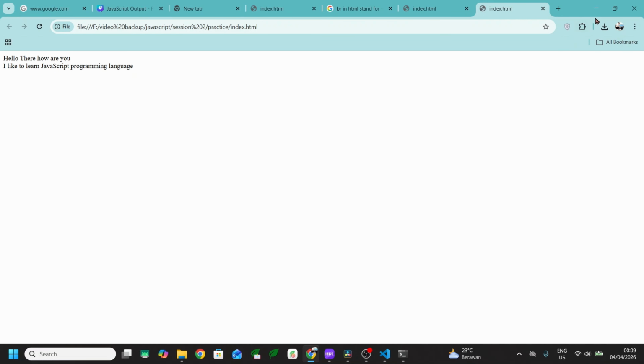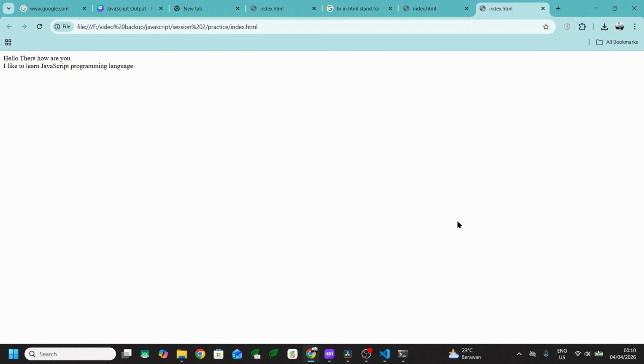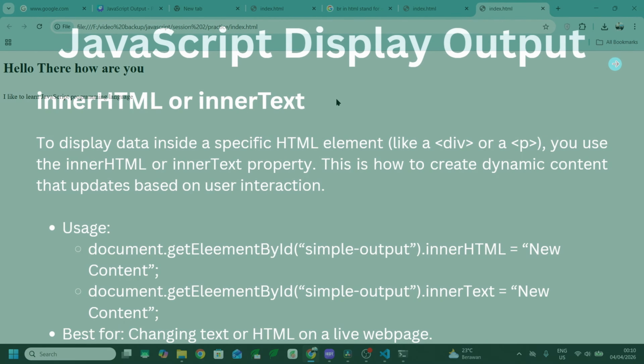Maybe you want to implement it using the heading one. You can also type like this to make the words bigger. Okay, let's reload our page again. Then this is the result.